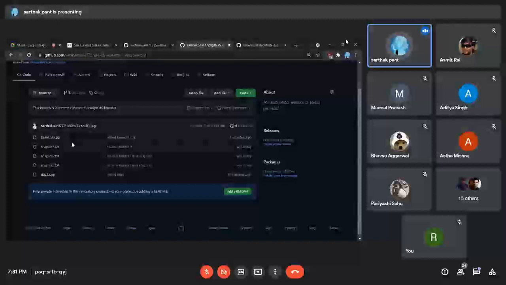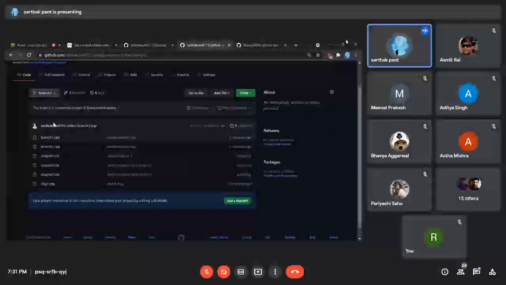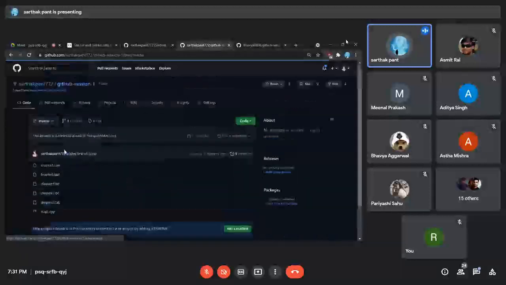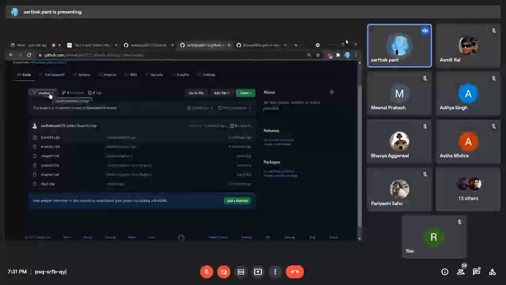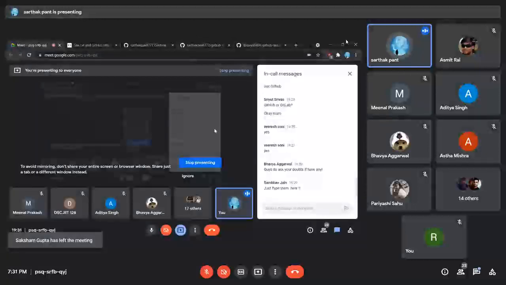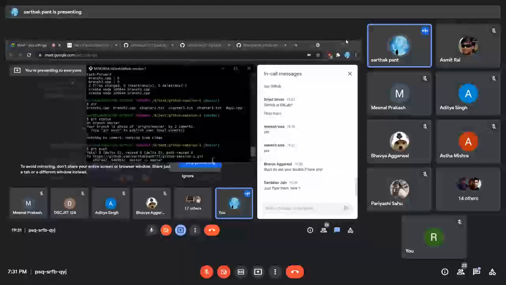You can see that again. Branch 1 has only the content of branch 1, that is branch1.cpp, and branch 2 has the content of branch 1, as we have created this branch from branch 1, right? So that is why it has the content of branch 1 plus the branch 2 file. And after that, what we did, we just made a pull in the master branch, and that is why it has all the files related to branch 2, that is branch 1 and branch 2. Are you guys getting it? And everyone has done till here?